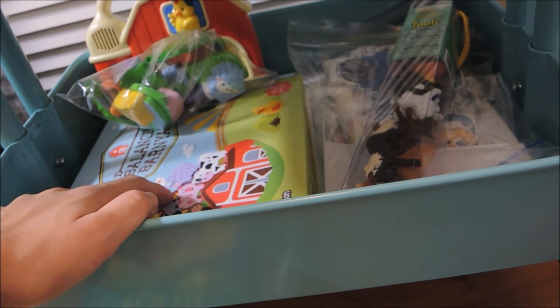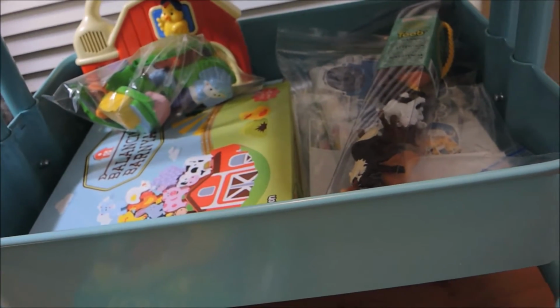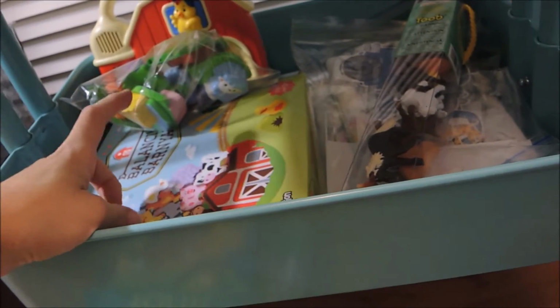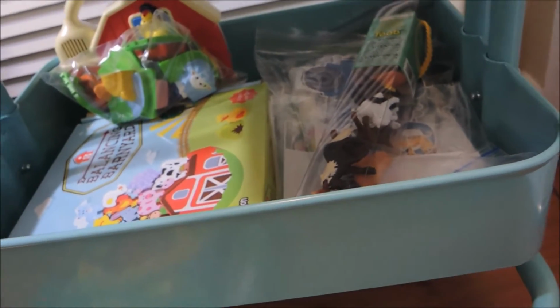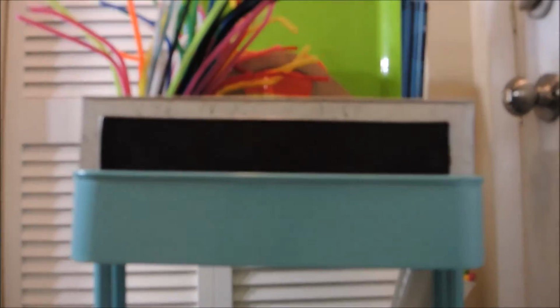I have found that if I do not prepare and do not do this in advance, I'm so like frazzled and unorganized, and it just doesn't go smoothly. So we use this week, and then I also pulled out this activity, which are both farm related, which is our theme for this week. So that's everything again that I keep on this cart. And then let me show you